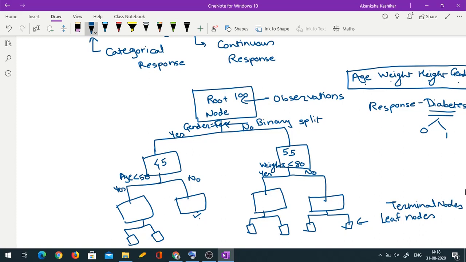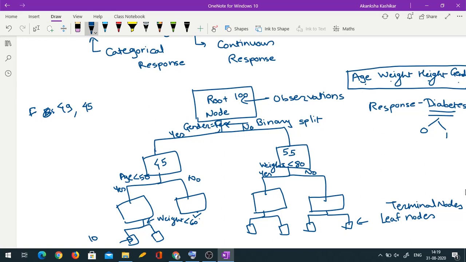So how does my algorithm work? Means finally how do I classify? So suppose there are 10 females in here. So this split was on the basis of gender, this split was on the basis of age, and suppose this split is on the basis of weight. So say weight less than 60. Now let us say new data comes to me. I have a female whose age is, let's say, 49, and weight is say 45.